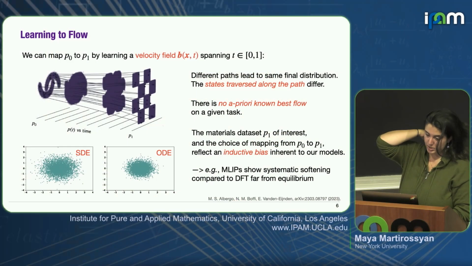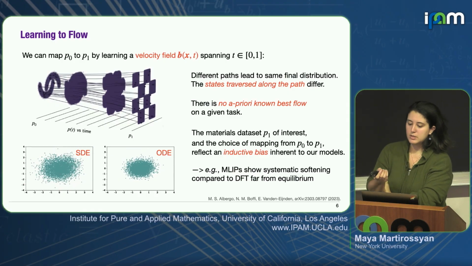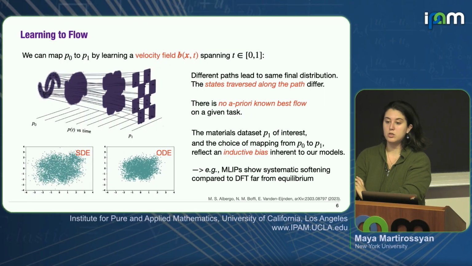Okay, the last thing I wanted to say about this slide, and by the way, I appreciate the question and please keep them coming, feel free to interrupt. I'm super happy to take this slow. So the last thing I wanted to discuss is that you're mapping two distributions. You have your materials data set, let's say that's the final distribution that you want to map to, right?